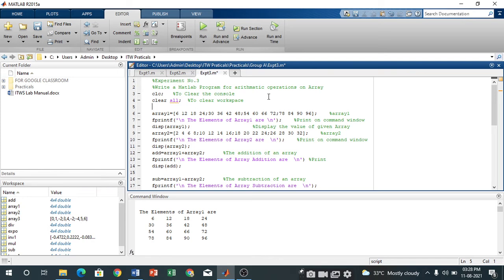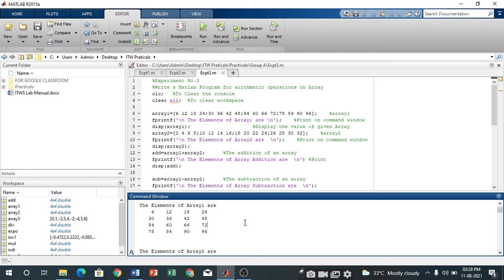Here we are displaying a 4 by 4 matrix with elements 6, 12, 18 and 24. I execute this program and get this kind of result. And again I am creating another 4 by 4 matrix.